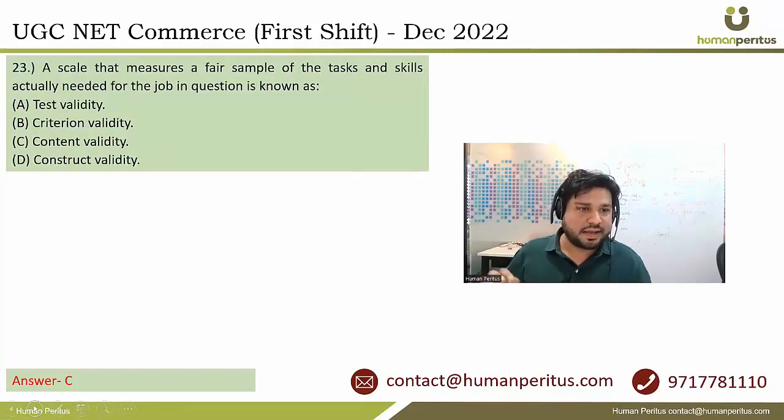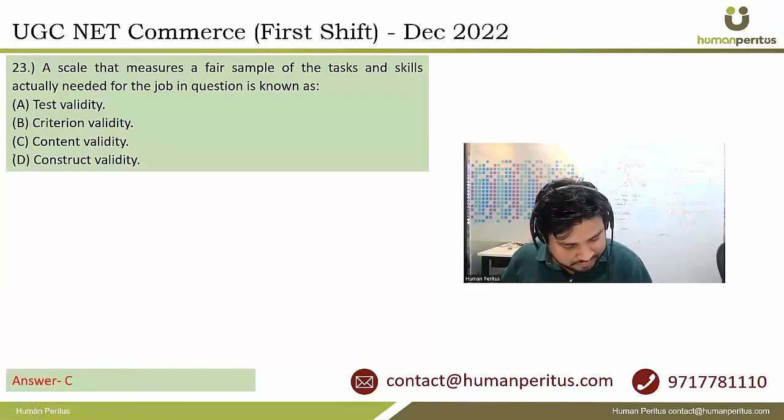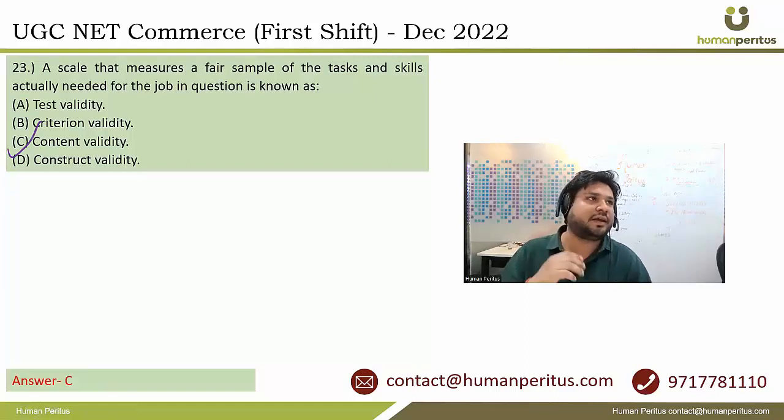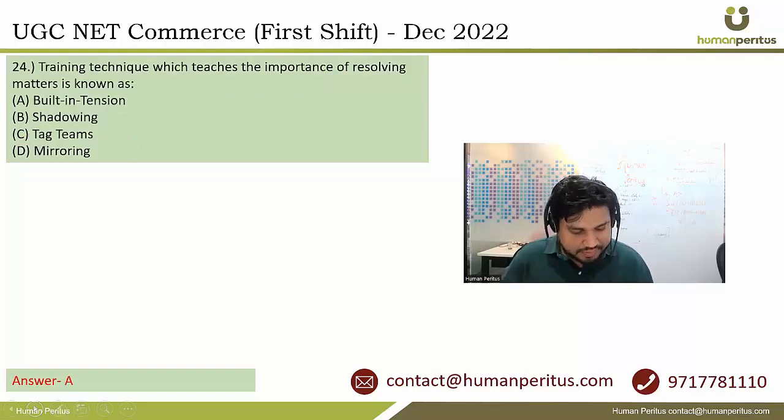आगे बढ़ते हैं। अ स्केल दैट मेजर्स अ फेयर सैंपल ऑफ द टास्क एंड स्किल्स एक्चुअली नीडेड फॉर द जॉब इन क्वेश्चन इज नोन एज। तो बेसिकली इसे कंटेंट वैलिडिटी कहते हैं। इसमें क्या होता है कि अगर आपने कोई टेस्ट बनाया है टू असेस सम स्किल या फिर असेस सम परफॉर्मेंस, असेस सम नॉलेज, तो उसको लेके जो टेस्ट का कंटेंट बना है वो कितना अच्छा है। ठीक है। तो आंसर इसका हो जाएगा कंटेंट वैलिडिटी।